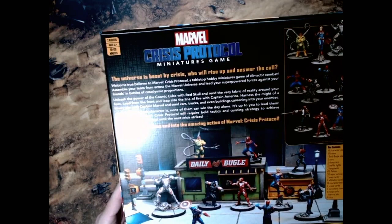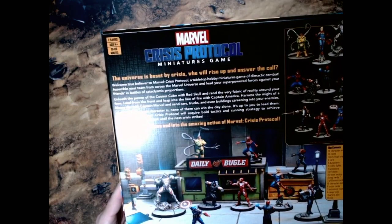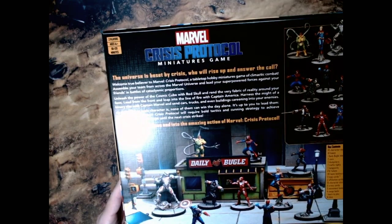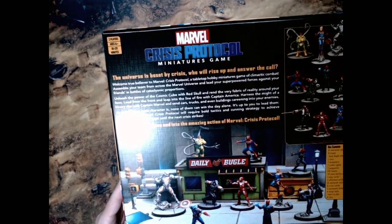Unleash the power of the cosmic cube with Red Skull and rend the very fabric of reality around your foes. Lead from the front and leap into the line of fire with Captain America. Harness the might of a binary star with Captain Marvel and send cars, trucks, and even buildings careening into your